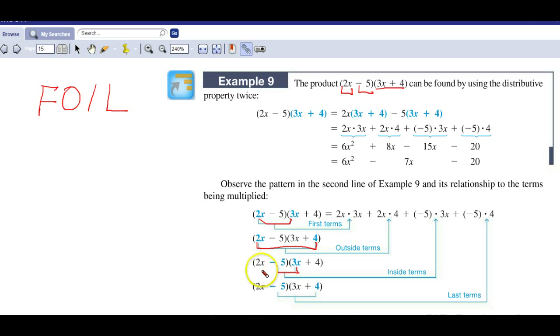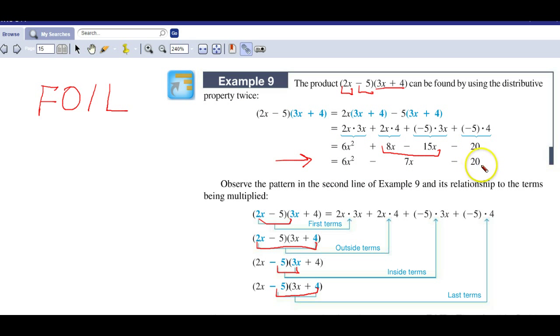And the L stands for the last. And notice that usually your inners and outers are like terms that you combine to get a middle term here. So you have multiplied two binomials through a special pattern that you'll want to master to get a trinomial,